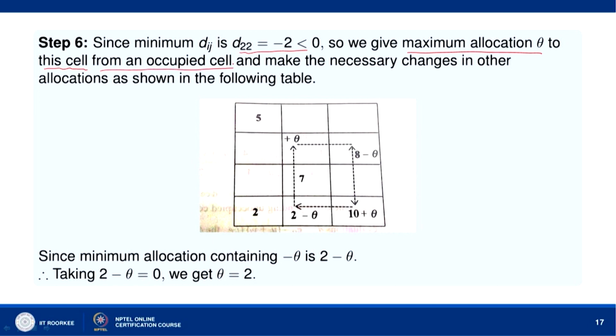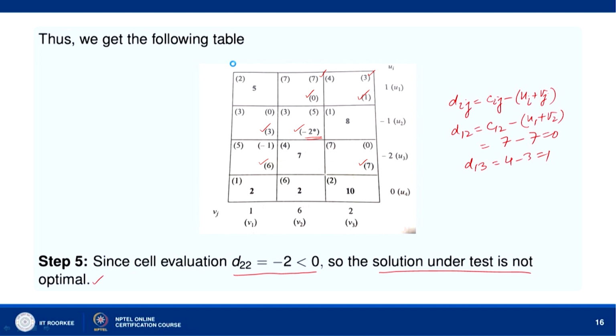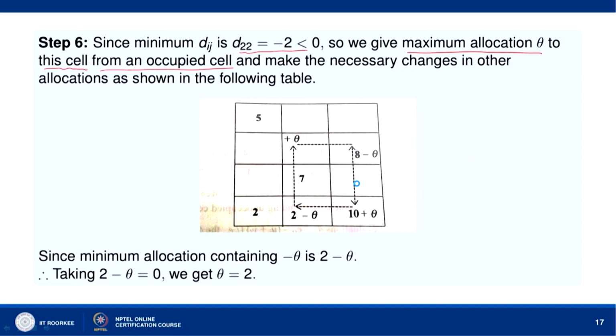Now let us look at this. Yes, so we have this minus 2, 8, 2, 10. So, we take maximum allocation to this cell from an occupied cell, and make the necessary changes in other allocations. Now, what we will do, we have this